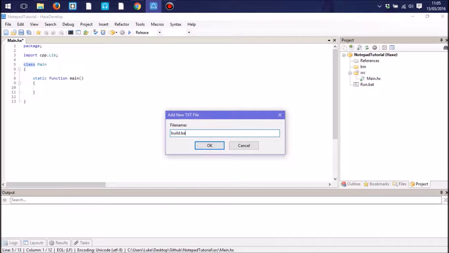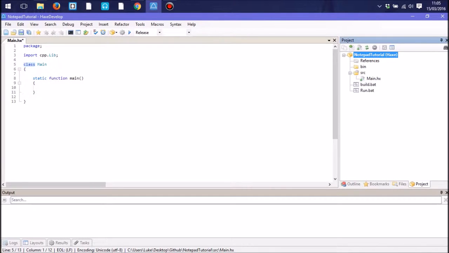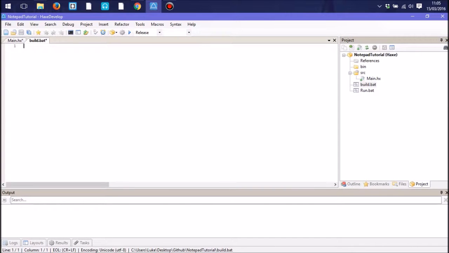So what I'm going to do is put in build.bat like that. And what I'm going to do is type in haxe -cp src. I could also make it a hxml file if I wanted to, not that it really matters. So -cp src, this is where my source files are. -main, the entry point,